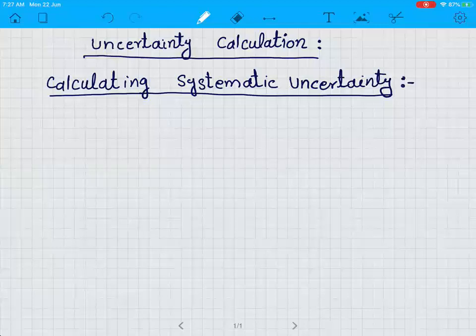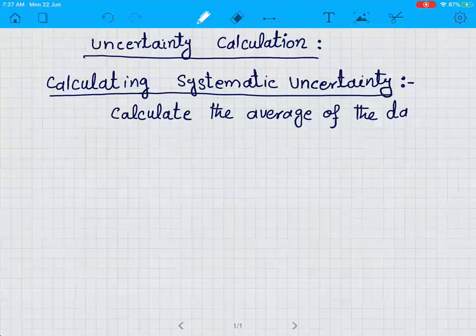Now, to calculate systematic uncertainty, the method is, first of all, you need to calculate the average of the data. So this is the first thing. First of all, you must calculate the average of the data, and then